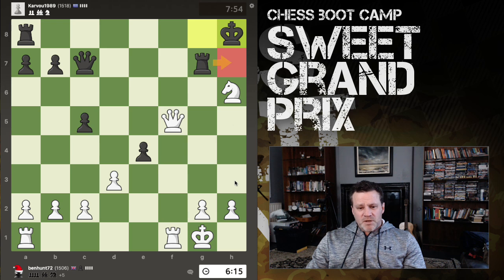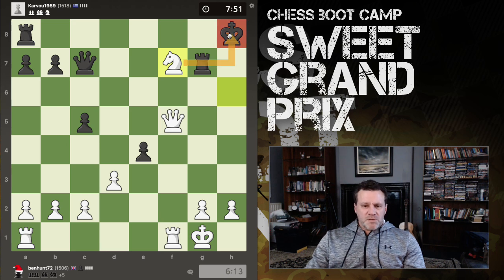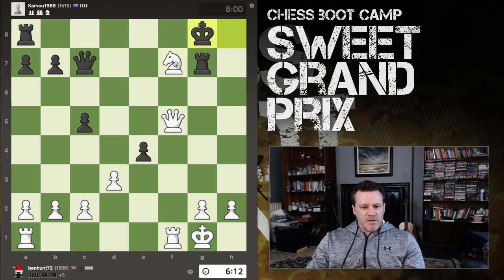He'd probably want to do this with the idea of eyeing up there. I give check again and then try and get my... Yeah, I want to block this diagonal, definitely. It's a nice forcing move coming with check. He has to go there. If I stick this there...